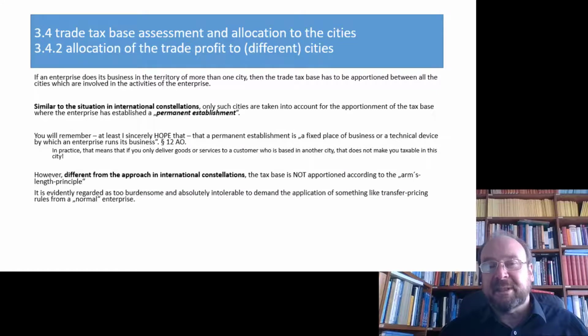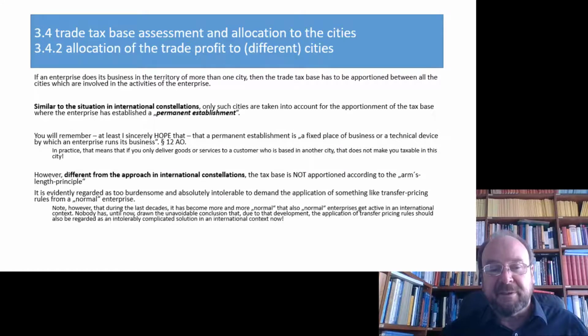That is regarded as far too administratively burdensome and absolutely intolerable for an average citizen and for a small enterprise. So for a normal enterprise, transfer pricing is regarded by the legislating bodies as absolutely unbearable. And well, you probably already know about transfer pricing. You can have a certain respect for that opinion. You should, by the way,